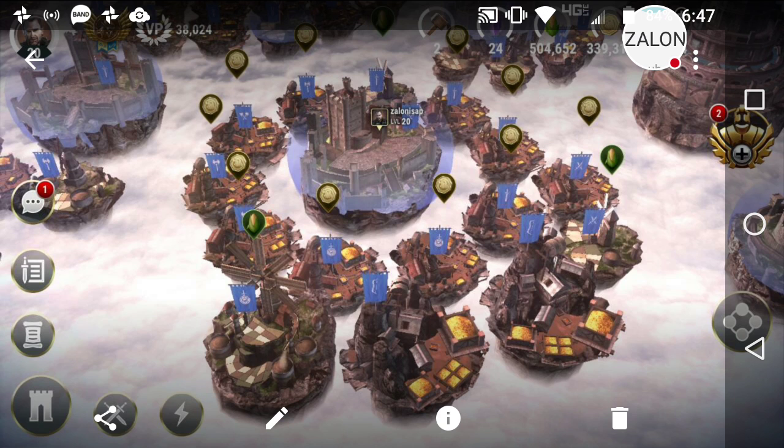But what I first want to talk about is exactly how I got these 3 high level lands. One nice thing that you can do is go into your global chat and ask anybody if they have any high-level lands if they want to get rid of them. And sometimes you'll get someone that'll PM you and say, hey, I'm willing to give you some